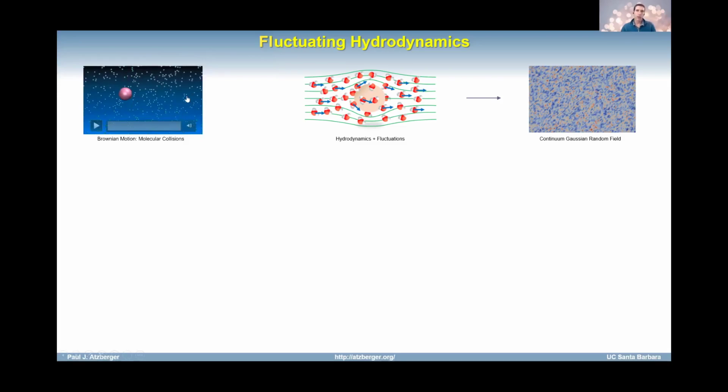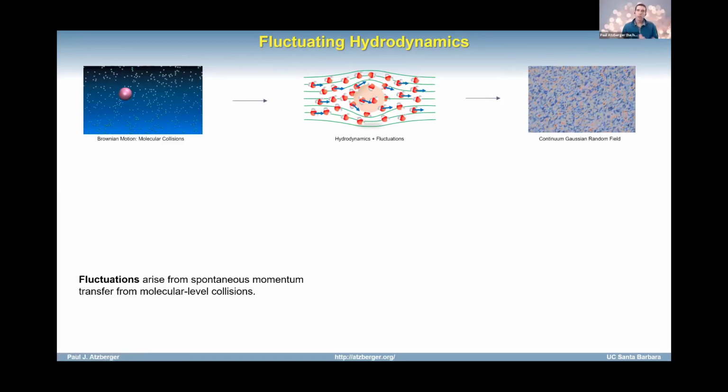And so what we want to do in our modeling is replace all of these detailed solvent degrees of freedom, all of those collision events, with some type of effective continuum theory. The motivation is to come up with a continuum theory that can capture the usual hydrodynamics that we're familiar with, but also include momentum transfer that can occur spontaneously because of those collision events that I was mentioning. So the aim here is to replace this background detailed molecular mechanics or simulation with some type of appropriate continuum field that fluctuates.